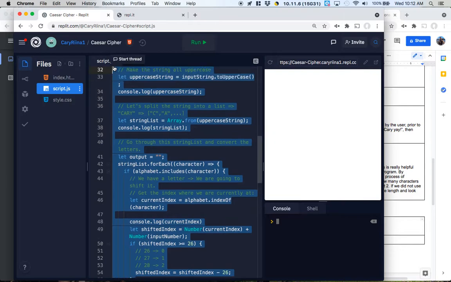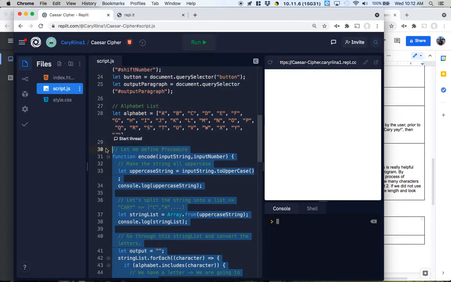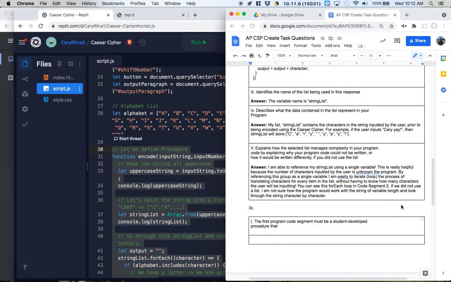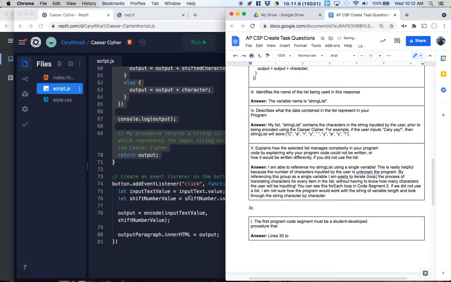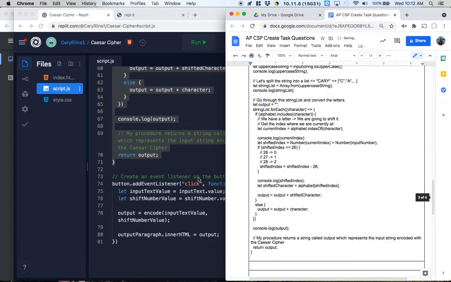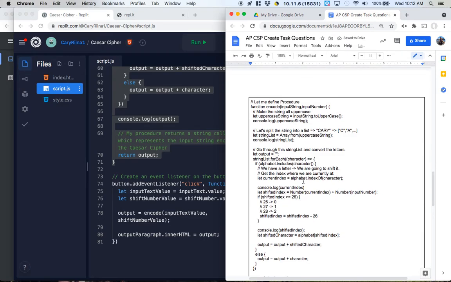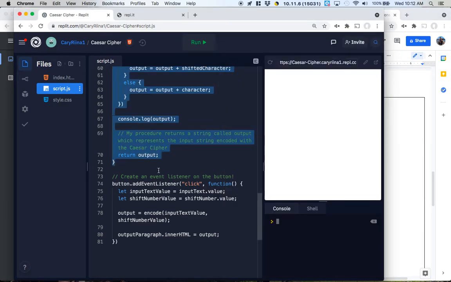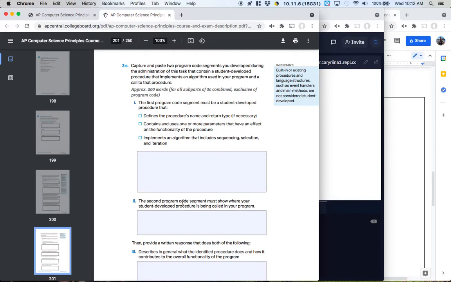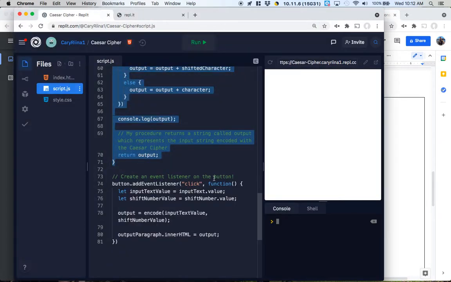So I'm going to copy and paste my named procedure here. So I'll specify lines 30 to 71, define the procedure. And then I'll paste it in using Command Shift V. Okay. The second program code segment must show where your student developed procedure is being called in your program. So called means